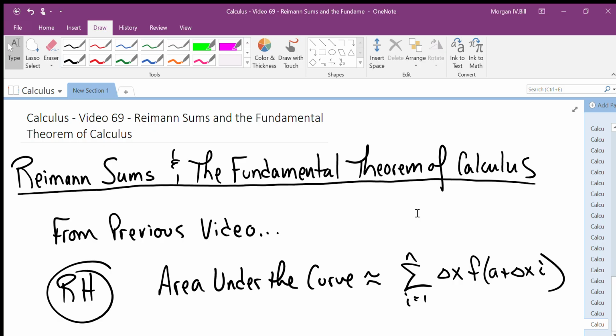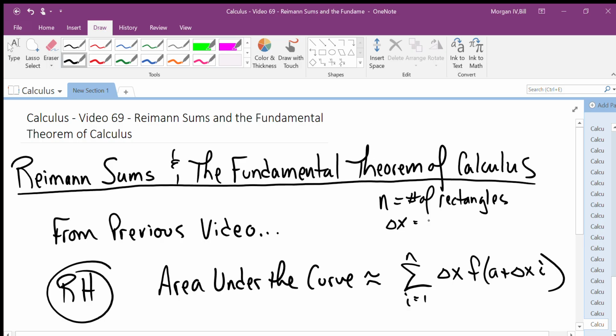At the very end, we talked about the right-hand method, approximating the area under the curve using the sum notation, or sigma notation. For the right hand, the area under the curve is approximately equal to the sum from i equals 1 to n, where n equals the number of rectangles, of delta x, where delta x is the width of the rectangle,